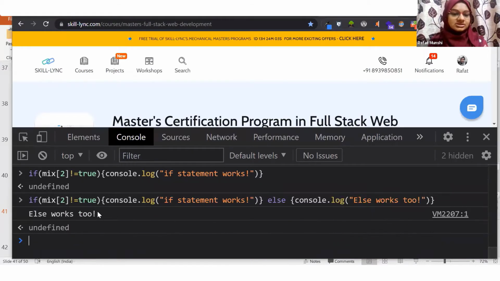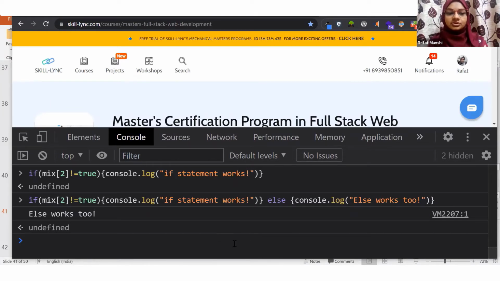Okay, and I press enter. So now as you can see here, my else works too has been printed. So this is the if statement. If some condition, then do something, else, meaning the condition is not true, then do something else. Okay, that is the if statement.